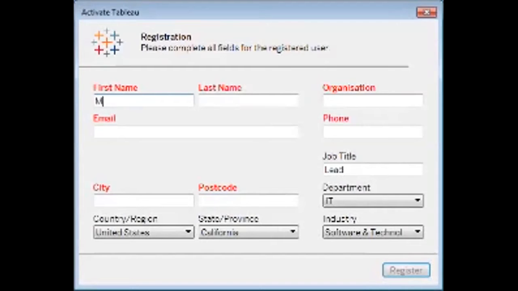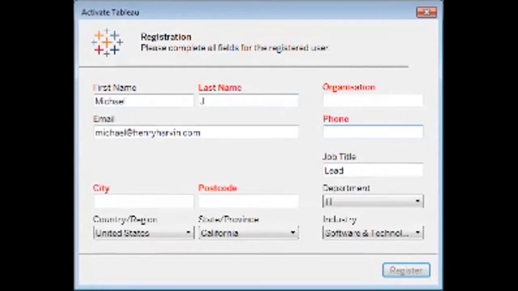Over here, we'll enter our basic details, our email ID. It's better you use your work email ID, then your phone number if any. You can use a random phone number as well, it doesn't matter as much. Then the organization you are working for, the city, and some postcode, which again doesn't need to match entirely, so you can enter any, and then go for registration.